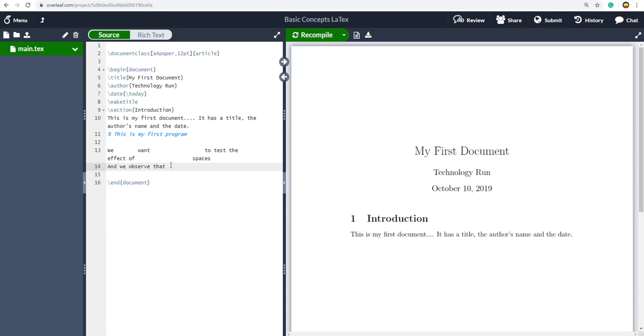Now you see there are a lot of spaces in my text, and if I compile this, so what I get is,